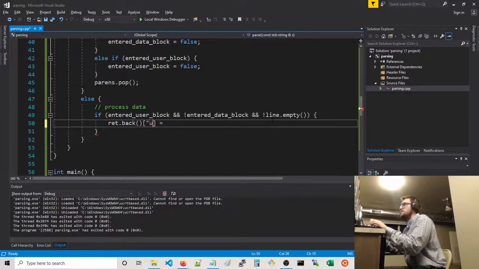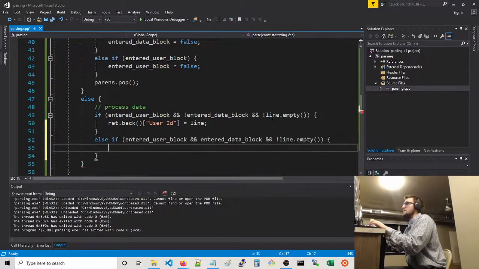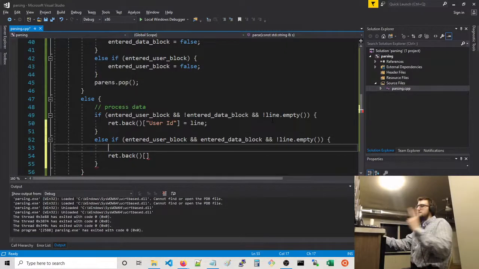And we're going to say username, user ID is going to be this line. Else, if you have entered the user block and entered the data block and the line's not empty, try to get all the cases. Then in the back, now you want to parse the line into two pieces,